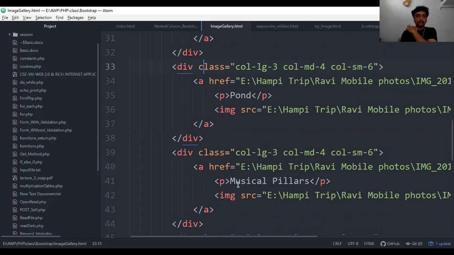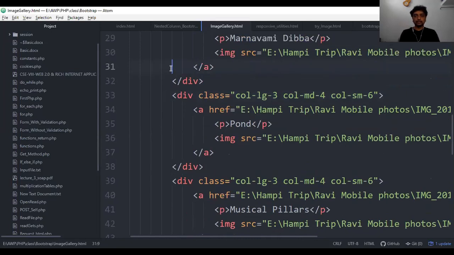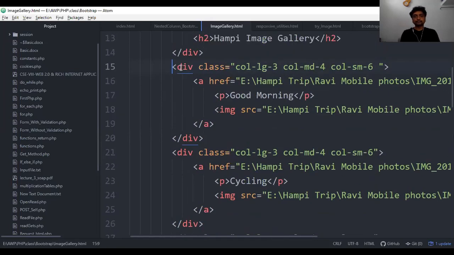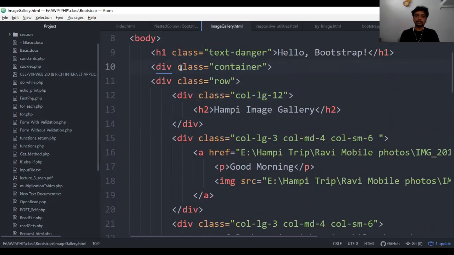In the code, is anybody having any doubt? Because there is nothing much in the code, as all the lines or all the tags are very familiar. Starting from the first tag, we use the division tag over here to give the heading. That is the same thing. First, I used the h1 tag, hello bootstrap. For the same thing, I am adding all the rest of the things. Next, I am using a container where all the images will be displayed in one container. All these images will belong to the same single container.